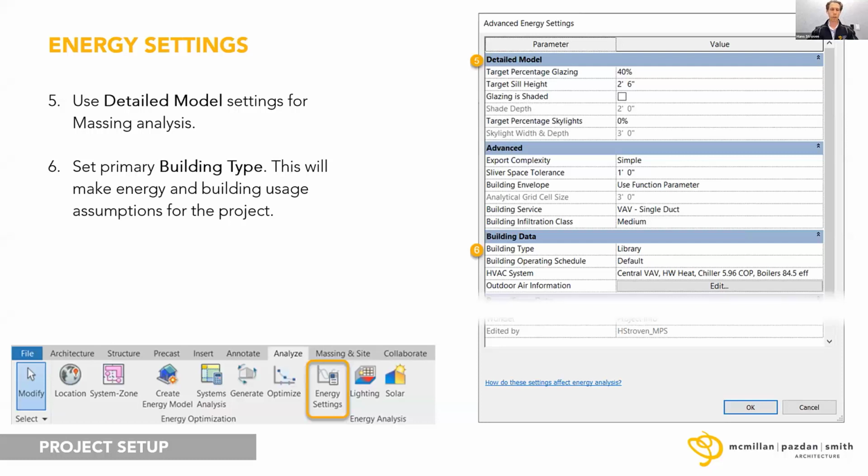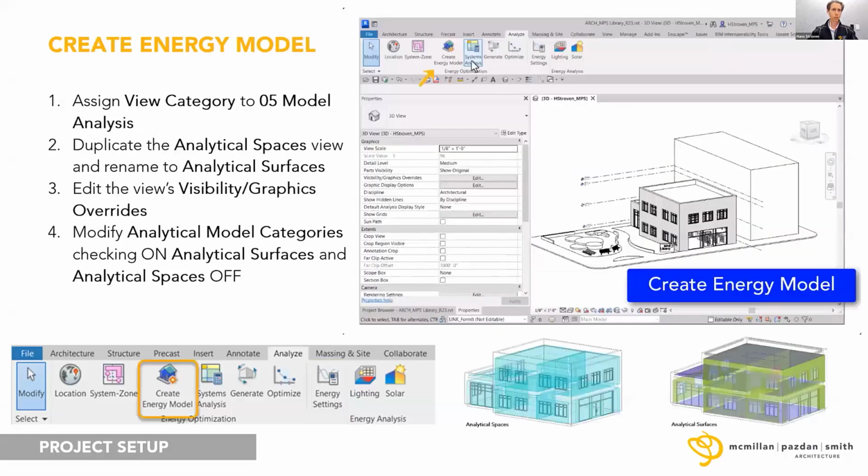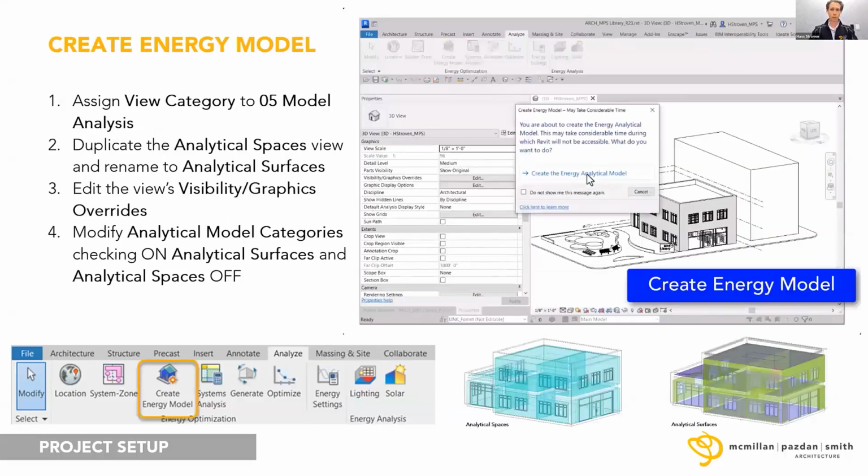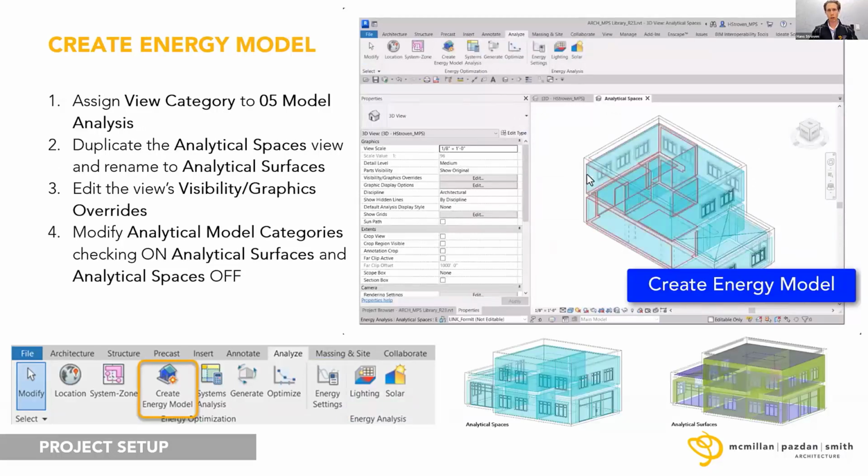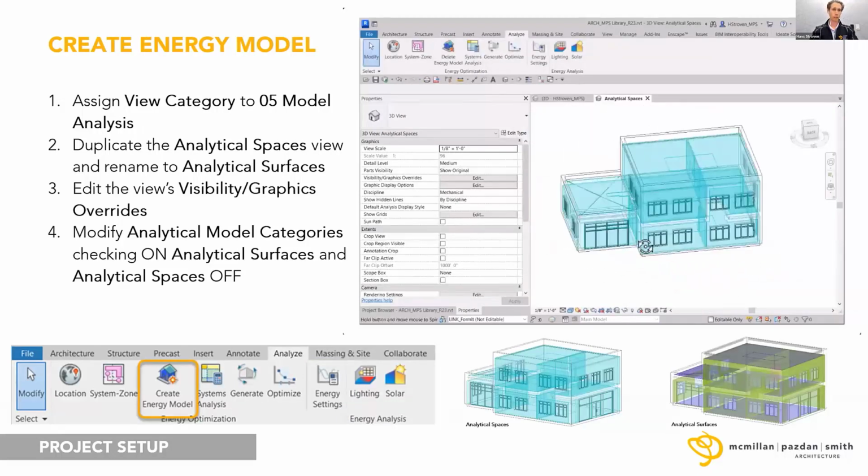With all of this, you can dive really into the details where you can have material properties set up for R value and U value. You can have your HVAC system set up as well, but all of that is not necessary in order to utilize and benefit from this tool either. So from there, once we get our energy settings set, we'll go ahead and click that